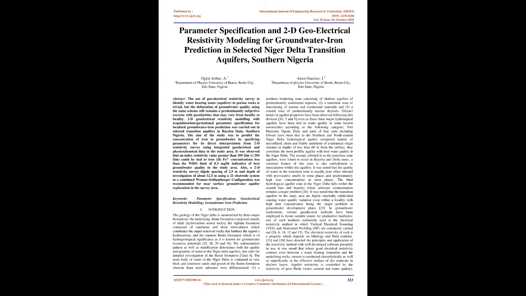Keywords: parameter specification, geoelectrical resistivity modeling, groundwater-iron prediction. Introduction. The geology of the Niger Delta is summarized by three major formations: the underlying Akata Formation composed mainly of shale, hydrocarbon source rocks, the Agbada Formation composed of sandstone and shale intercalation which constitutes the major reservoir rocks that